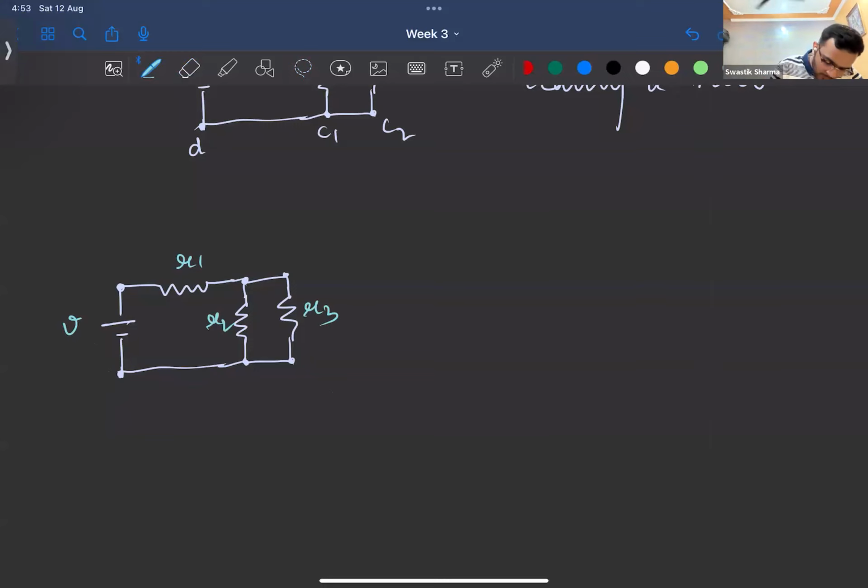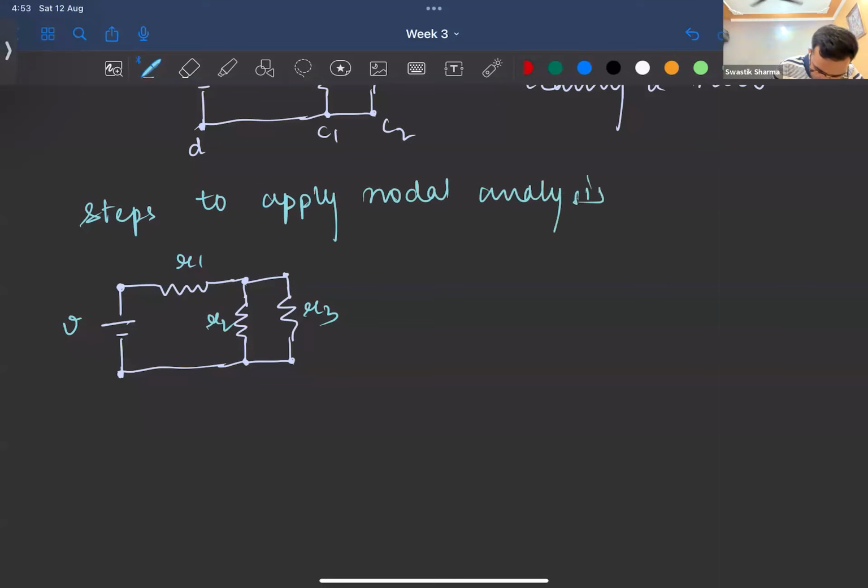So first of all, let's see the steps to apply nodal analysis. So what are the steps? The first step is to figure out a reference node, right? So what you require is a reference node. So what is a reference node? You just pick one node and then term it to be